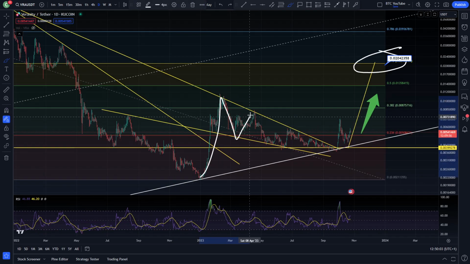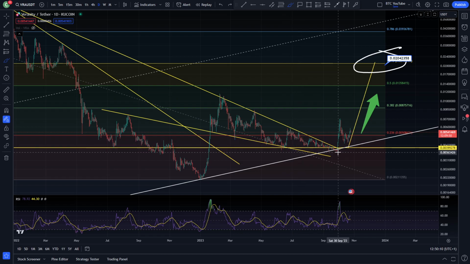We come up, resistance, support. This is where you make your wedge. You can see here resistance, support, support, resistance, coiling up under the resistance there. And you can see we've obviously got the breakout, a little bit of a back test here, and now looking like we might start moving up